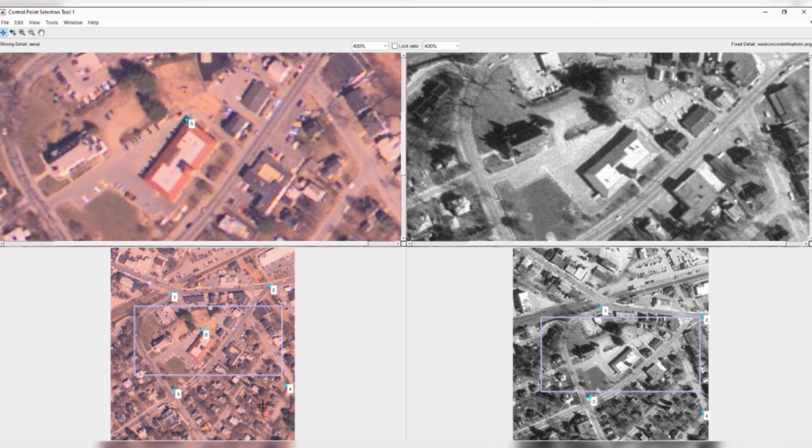Points 1, 2, 3, 4 are already chosen for us to help us. So I'm choosing the fifth point on this image. I have to choose the same location here. If I make an error, it will create issues. So I think the fifth point here is the fifth point here in this image. Similarly, I'll choose another one: sixth point here and sixth point here, seventh point here and seventh point here, eighth point here and eighth point here. So I chose 8 points in total, and now I'll close it.